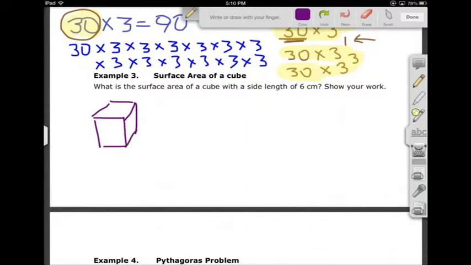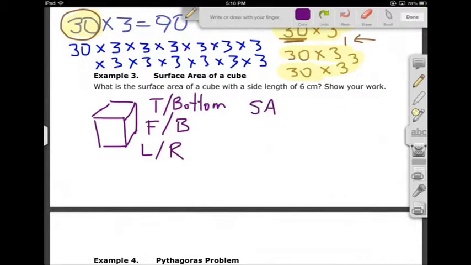There is a top, bottom. There's a front, back. And there's a left, right. But the neat thing about dice is they're all the same. They're all squares. If we look at the surface area of dice, and we know there's 6 faces, there's 6 faces times